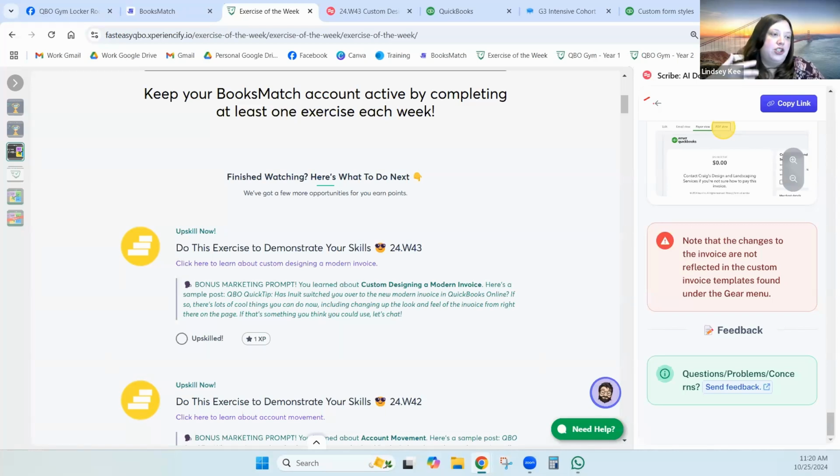And that's in the gym as you work through it. If you have the exercise of the week unlocked, you'll have the marketing prompt right here on this exercise of the week page that we pulled up. And you'll have it right here. And then, all right, yeah, Joel posted, hang on. Yep, Joel's posting a link